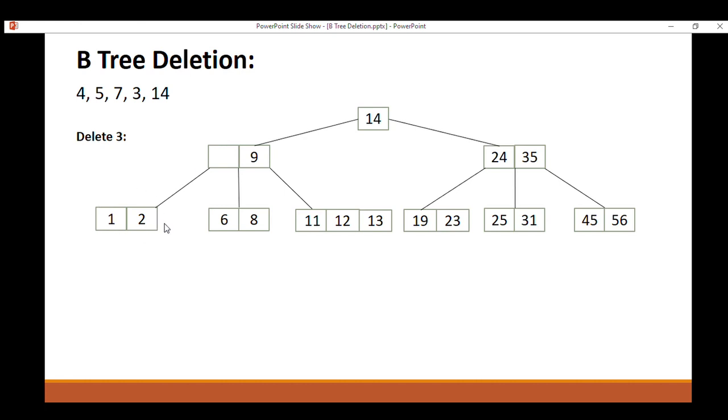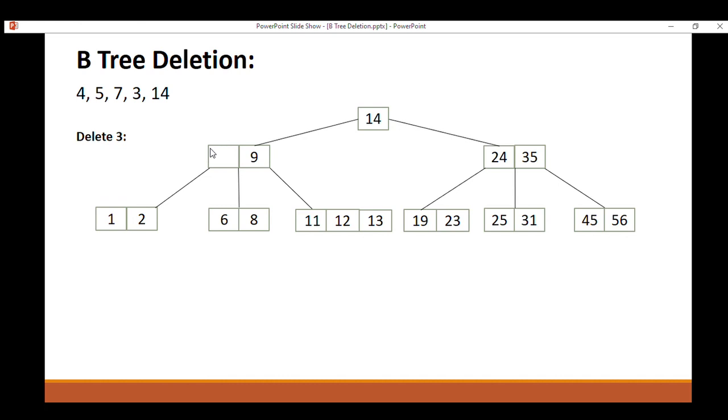and in the left side we have to see the largest value. Here we can see that the largest value is 2, but we cannot move it one level up, because if we move 2 one level up, our remaining left side will become only 1, and it will violate the property of the B-tree, because the property is that the minimum number of key values in a single node having order 5 must be 2, but after moving 2 one level up it will become only 1. It means we cannot move this 2 one level up.